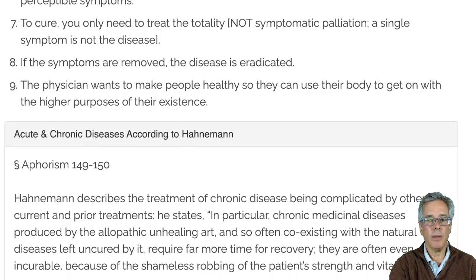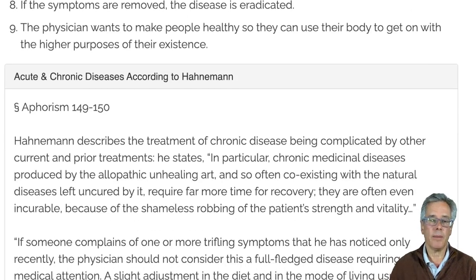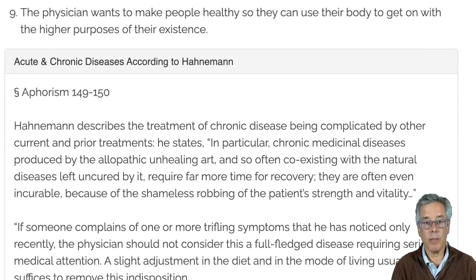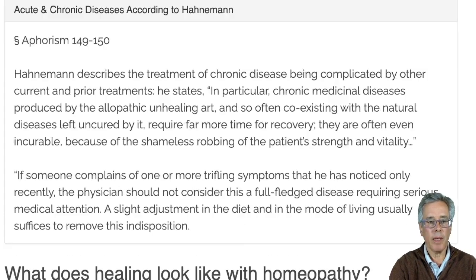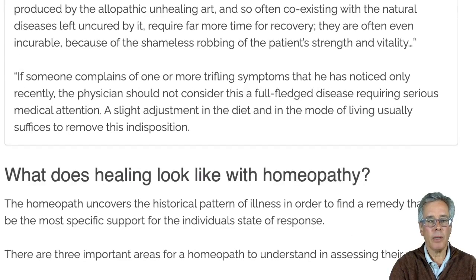So 9 is a bit more esoteric. It's the physician wants to make people healthy so they can use their body to get on with the higher purposes of their existence. So he also writes about the difference in acute and chronic diseases. I'm not going to really go into that because it takes a lot of time. But if you read this, you're going to read about